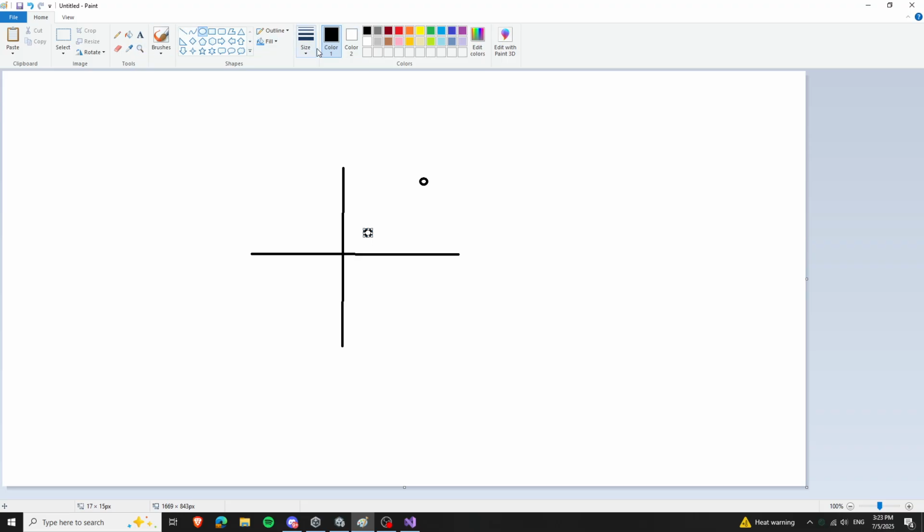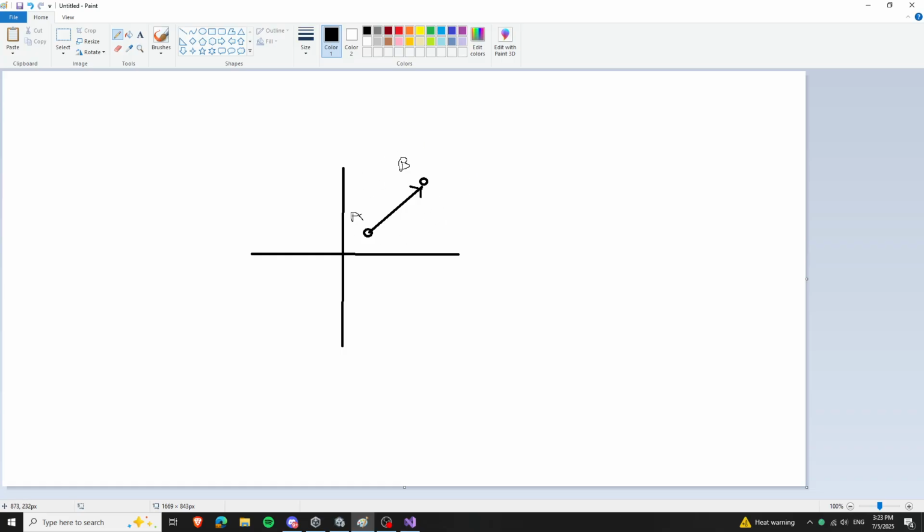So this is B and this is A. And then if we subtract B from A, we'll get a vector that looks something like this. Just one second, because my brush was the incorrect size. Okay, so we get a vector like this, but